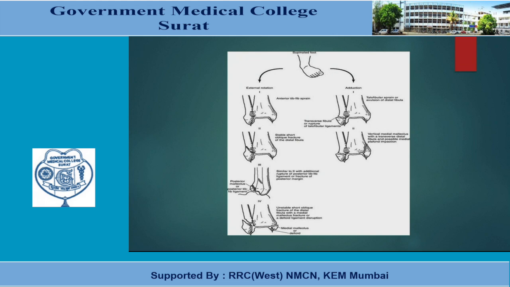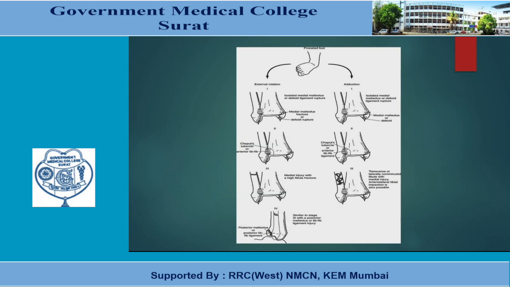Again, is a pronated foot. Now there is a pronated foot with external rotation injury and a pronated foot with adduction injury. If there is a pronated foot and only adduction injury, grade 1, there might be an oblique fracture of the medial malleolus. But again, with severity, it progresses from the medial malleolus towards the syndesmosis. So there is a Chaput fracture or a ligament rupture of the anterior tibiofibular ligament.